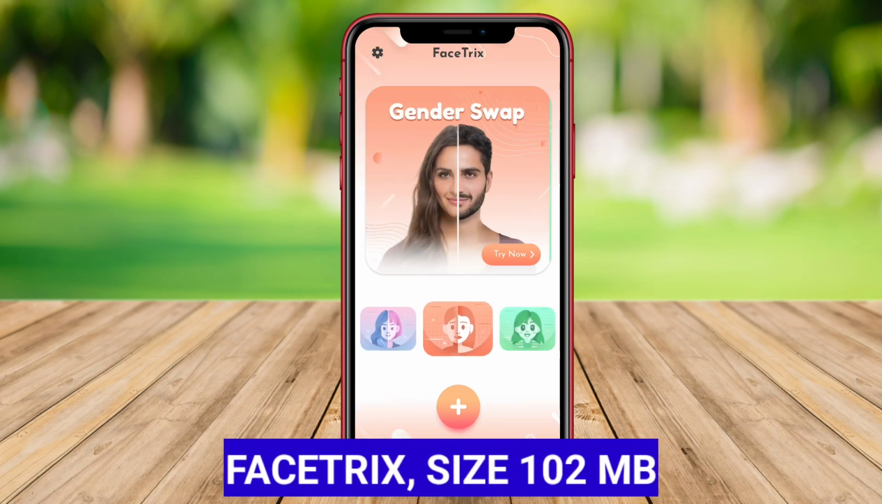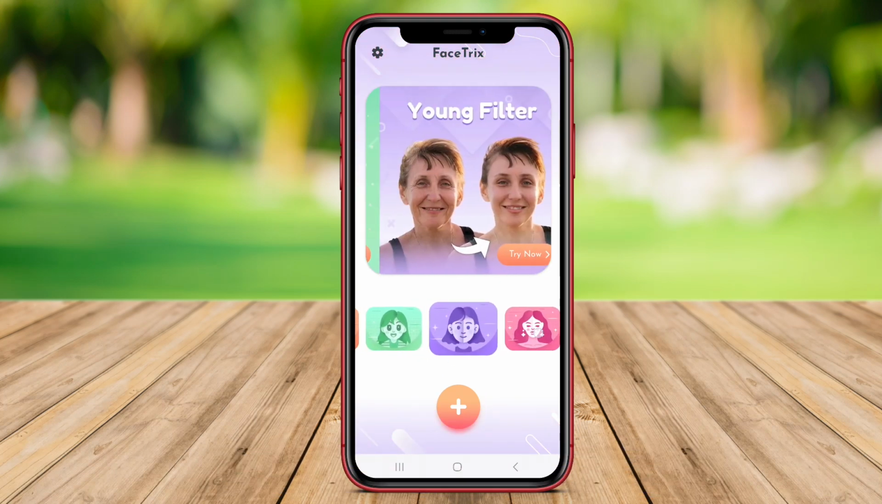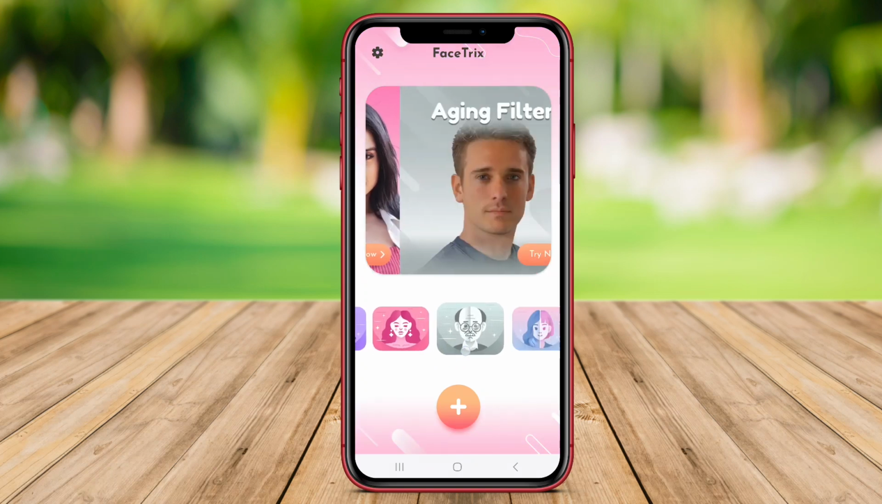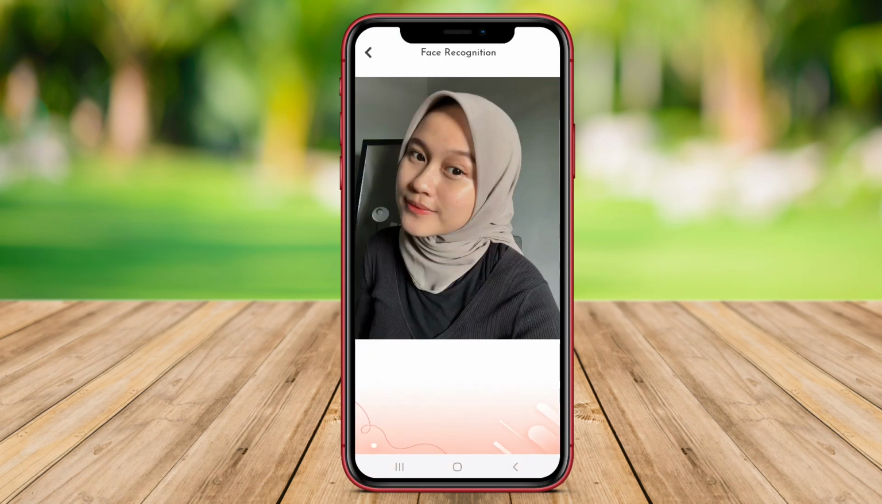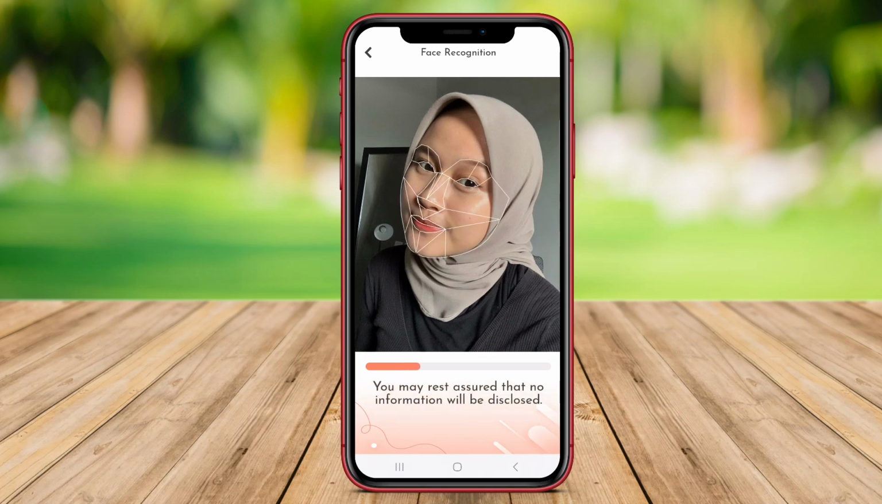FaceTrix. FaceTrix is a popular face change young to old application available on Android devices. This app allows users to transform their photos by adding aging effects to see how they would look when they get older. With a simple and user-friendly interface, users can easily upload a photo and apply various filters to make